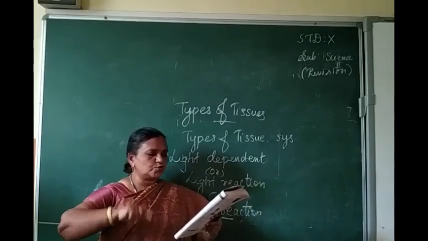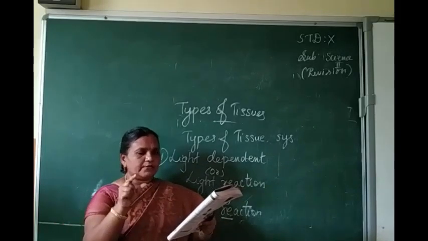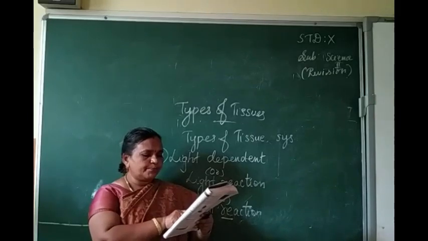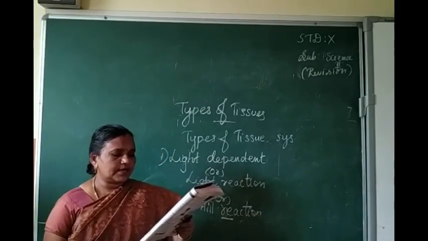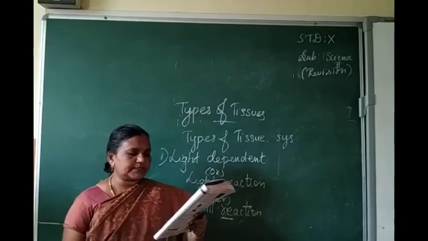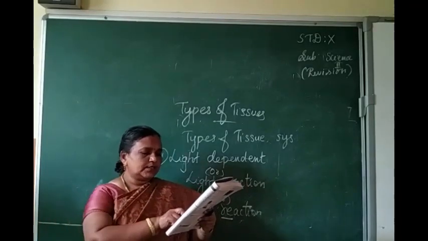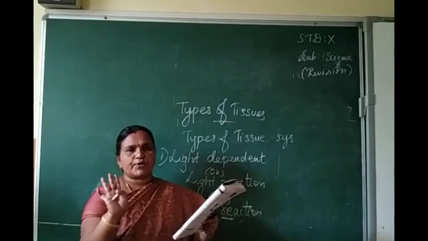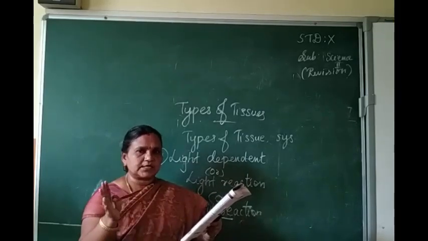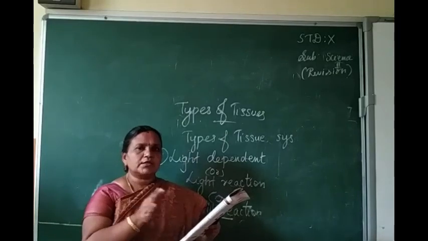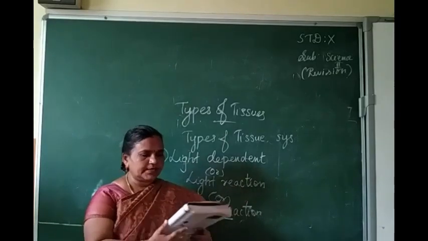If it is asked in the 2 mark question, only the internal factors you have to write, all the 1, 2, 3, 4 points. The external factors, they are light, carbon dioxide, temperature, water, mineral elements. So 5, all the 5. In 2 mark questions, whatever the points are given, you have to write all the points. Don't skip any points.